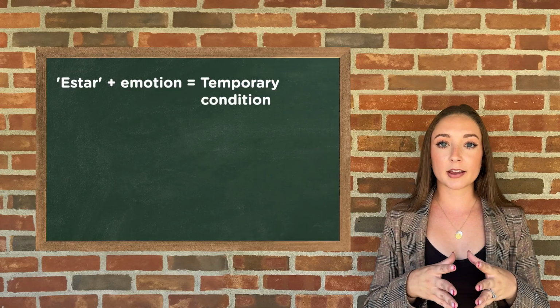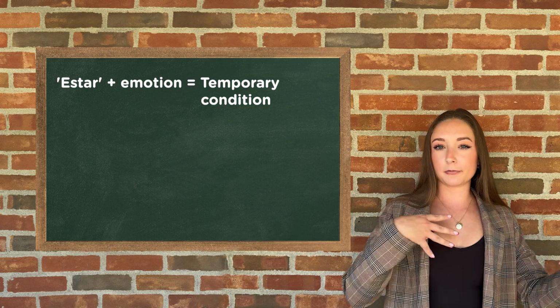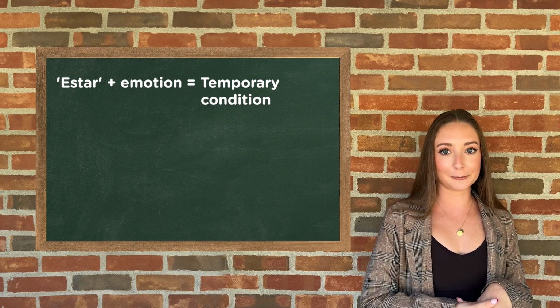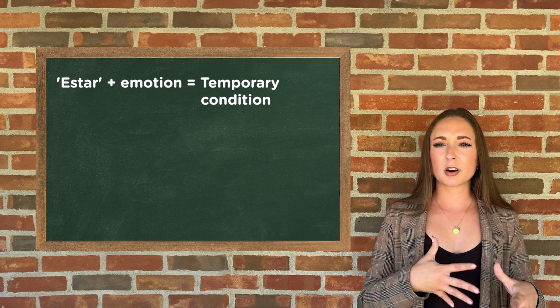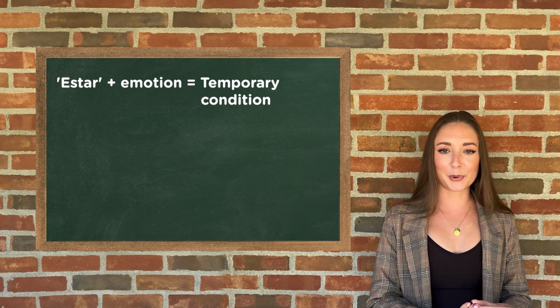Now, if we look at anger from Inside Out, you would probably never say that él está enojado, because he's always mad. That's his whole core, which is why we would never say está enojado with him. So using the verb estar with an emotion is letting us know it's temporary, or it's just how they are feeling currently in the specific moment. So estar plus an emotion is a temporary state of being, a reaction to something currently happening in the moment.